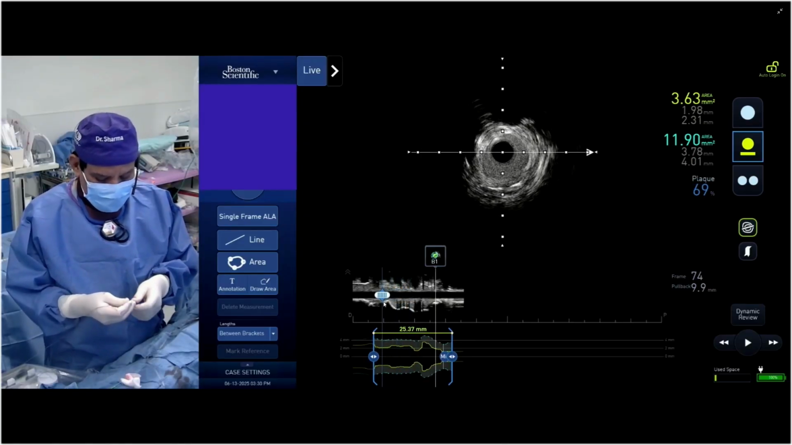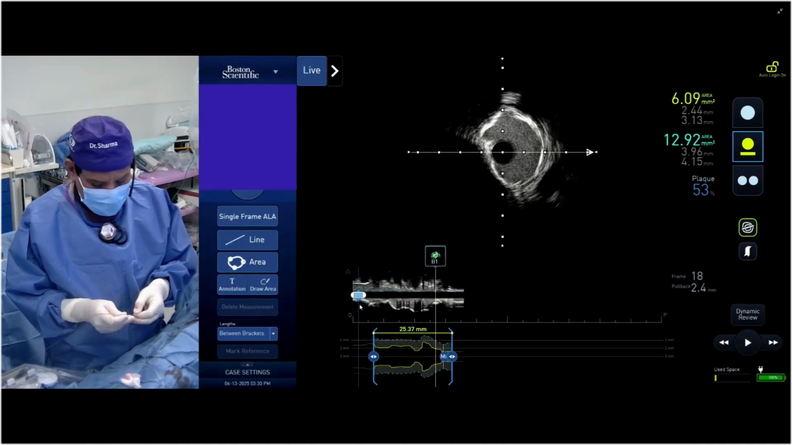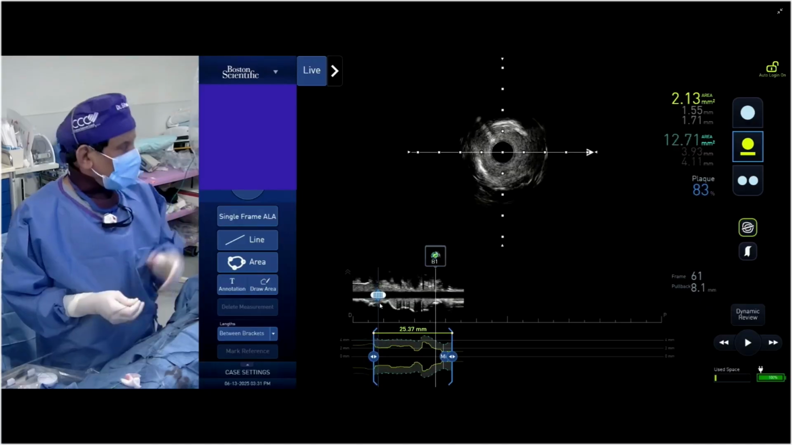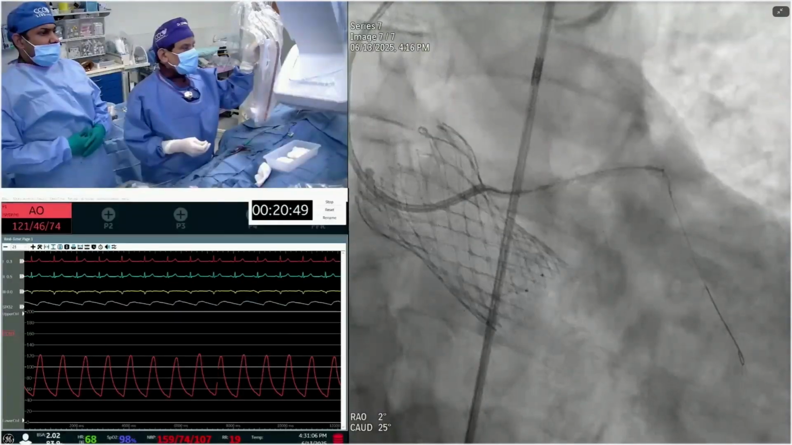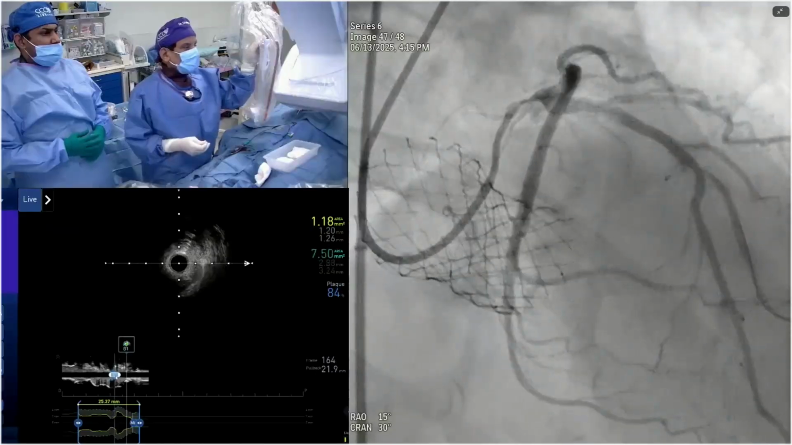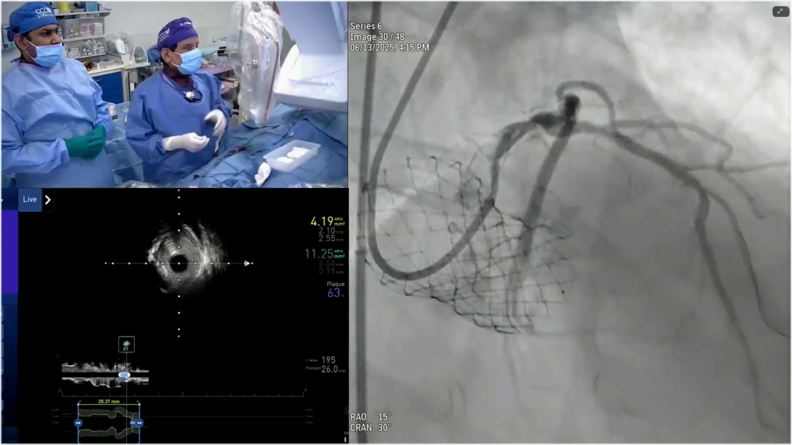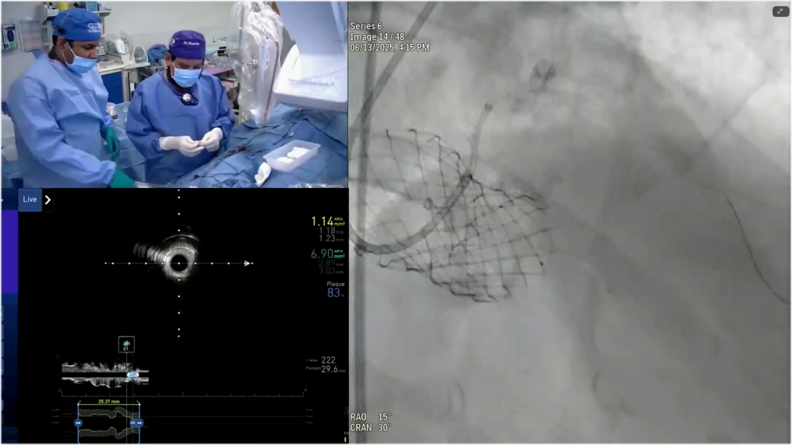I don't think it's a case for Rota, because you saw the guide is miles away from the origin of the vessel. Look at this one. See, the guide is so far away. Yeah. So this is all work being done by using the guide liner. So this is why we have